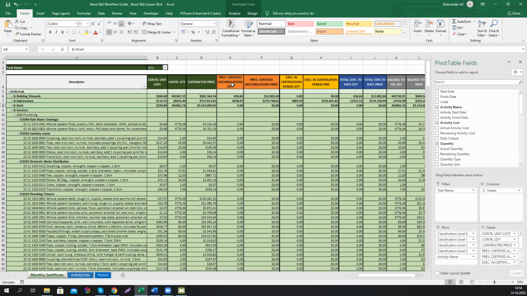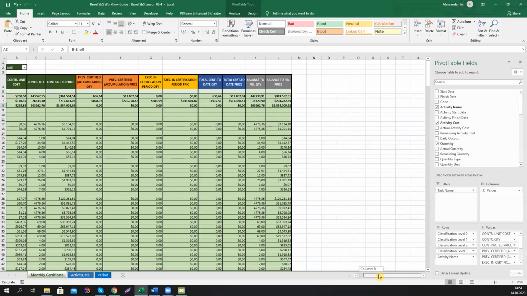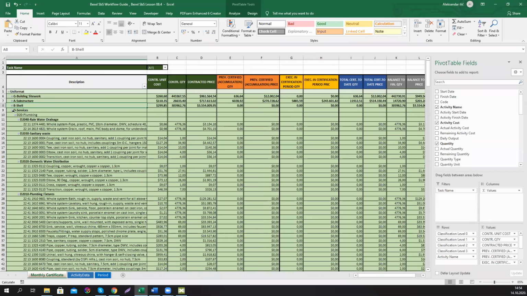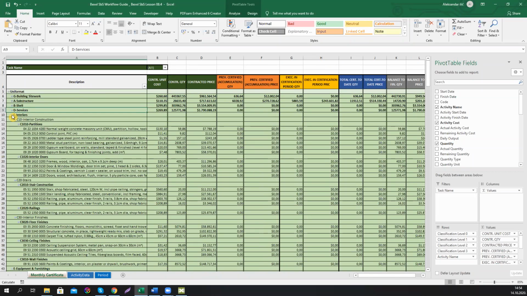You can see certified accumulated until the certification period. You can see what is executed in the certification period. You can see what is certified to date, and you can see balance to finish. So one general payment certificate report that could be generated with one click if you have all the progress